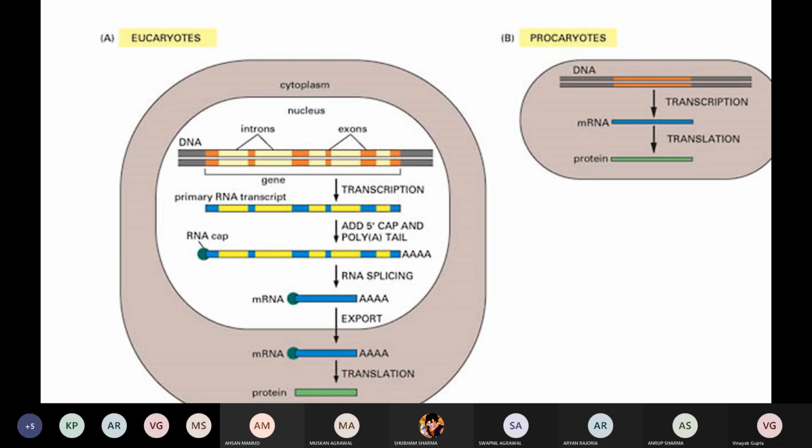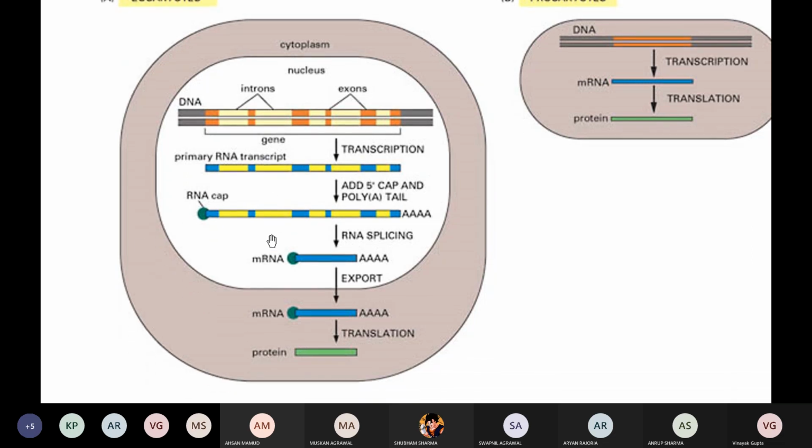And each step has its importance. We know what is the importance of splicing. It is going to remove the introns. But interestingly, in the prokaryote, following the transcription, you are going to get your mature mRNA. There is no primary RNA transcript which is formed here. No capping, no poly A tail in case of prokaryote. Directly you are going to have the mature mRNA. On the other hand, in the eukaryotes, there is a processing which involves the addition of a cap, addition of a poly A tail, and a splicing mechanism. These are the three things which are unique here in eukaryote.